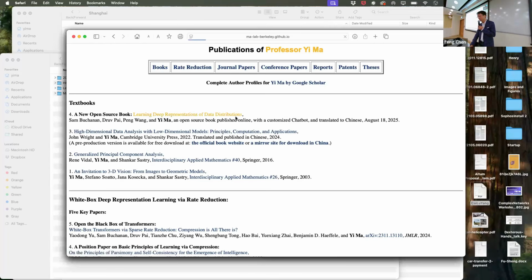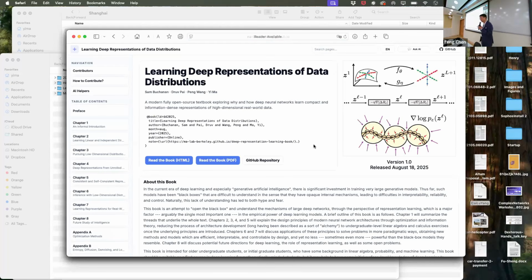Now for the new book, this was in May, I believe, or late April, just the beginning of summer. We were just about to finish the book, and I decided to give it another try. I thought it must have improved. I called Min Kere and asked, can you try it again with your new model?